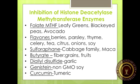Soy contains flavones, one of which is genistein, which has this impact. A lot of people don't know soy is also an aromatase inhibitor. So if you have a hormone-positive cancer, an estrogen-positive cancer, either breast cancer and also prostate cancer, you can actually